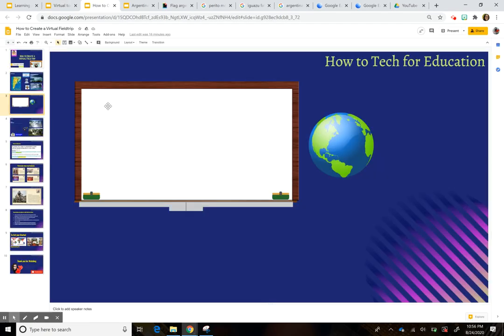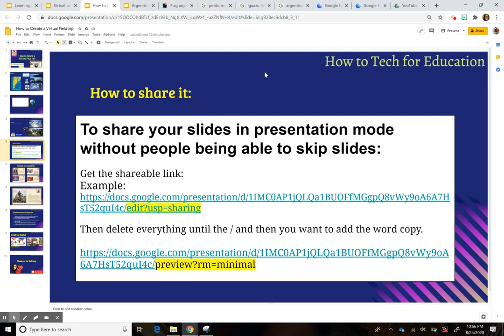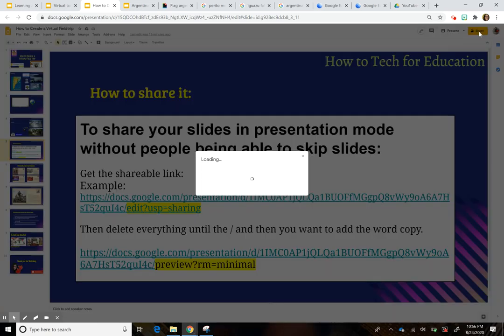And just to let you know, I think the best way to share this with your students would be to share it in presentation mode, or to share it using the preview question mark rm equals minimal. That way they don't see the navigation tab. At least for mine, the way I set it up, I wanted to navigate in a certain way. So this would probably be the best way to do that. And I'll show you how to do that just really quick. So if I were to share this,